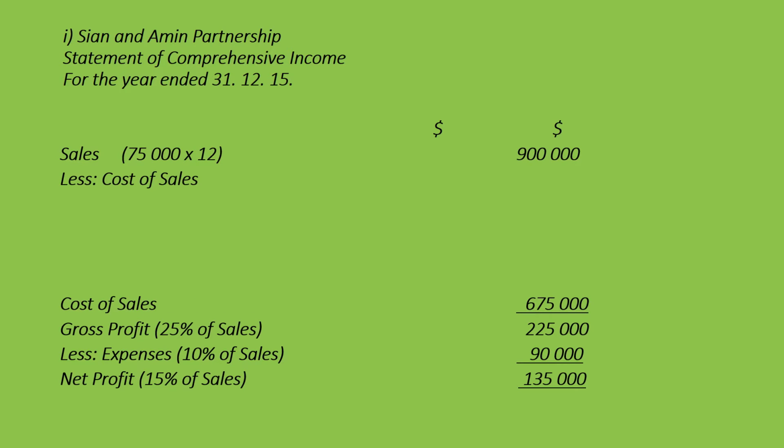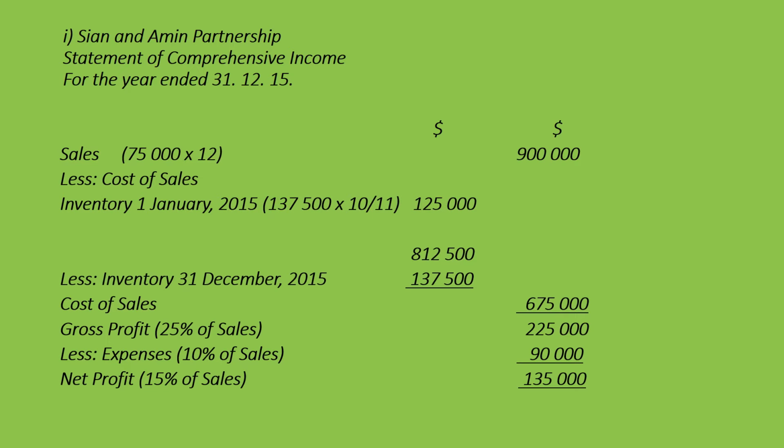The cost of sales, we take the sales of 900,000 and we minus the gross profit of 225,000, and we get cost of sales 675,000. And then we put in the inventory at the end of December, 137,500, and we add back that to the cost of sales. We'll get the amount that is available,